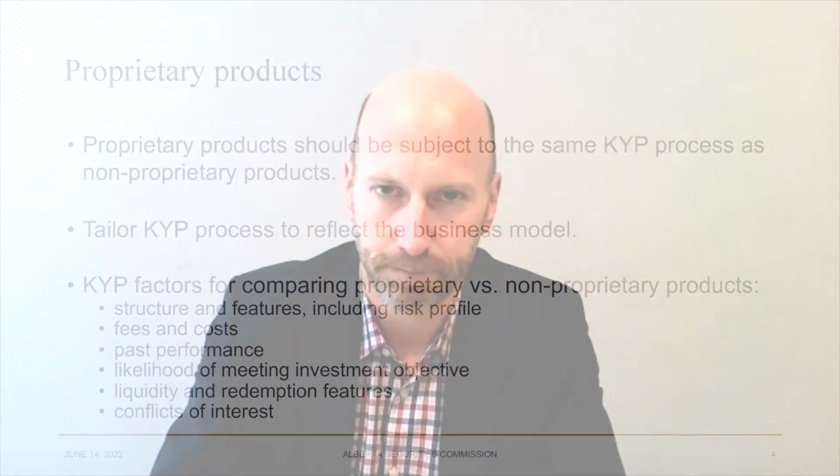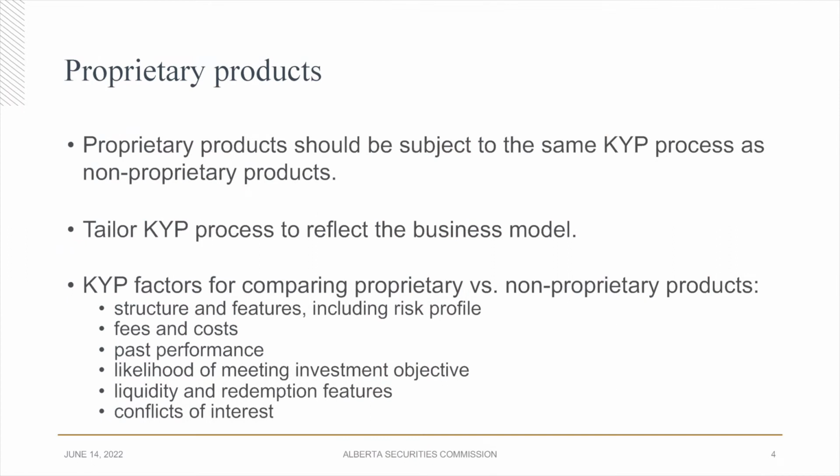The CFRs introduce a new section for KYP that codifies previous CSA guidance and clarifies what was previously considered to be an implicit compliance obligation. When a firm offers proprietary and non-proprietary products, we expect that the proprietary products will be subject to the same KYP process as non-proprietary products. For example, to comply with the new KYP requirements, firms must undertake their own product assessments, independent of any that may be done by the issuer. Firms should have a robust KYP process for proprietary products.